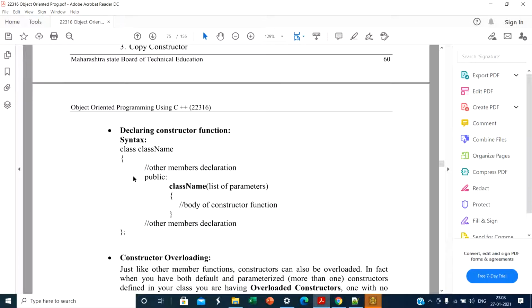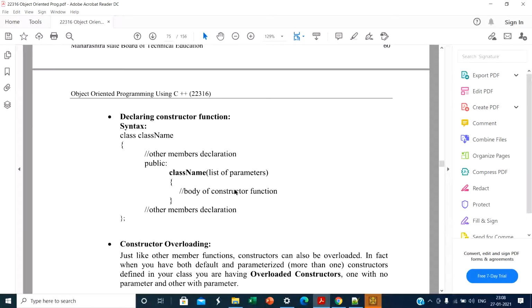The declaration of a constructor is inside the class, and the class name is the same as the constructor name. A constructor may or may not have parameters. When it has parameters, it is called a parameterized constructor, and when a constructor does not have any parameter, it is called the default constructor.